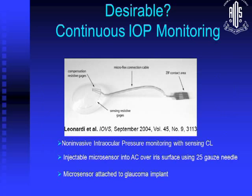The desirable thing, which probably would happen, has been introduced as a commercial IOP monitoring technique of putting a contact lens on the eye and you get a graph. This way you can get the pressure even during the sleep time or lying supine. It's non-invasive. There are other things which have been thought of, and it has been presented that you can introduce a micro sensor into the eye with a 25 gauge needle, and this may be able to measure the intraocular pressure on a continuous basis. Now, these are not so practical right now, but definitely a micro sensor can be attached to a glaucoma implant or intraocular lens,